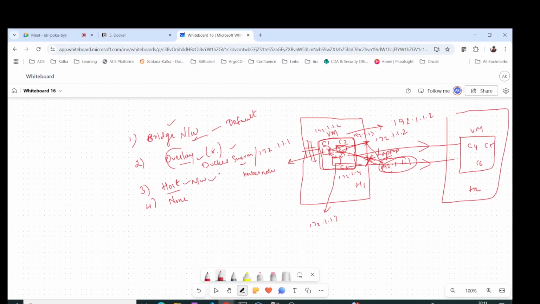And then we have something called none. For example, you have an application which processes some data, and this shouldn't be